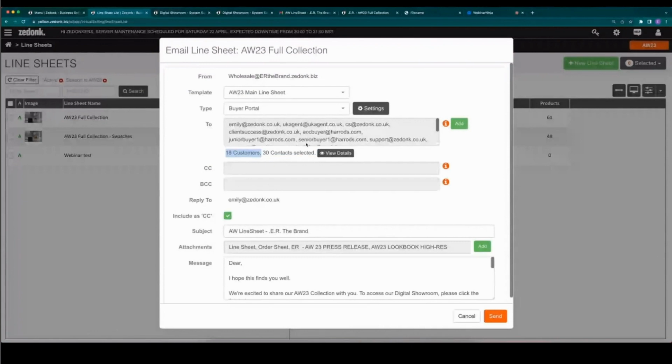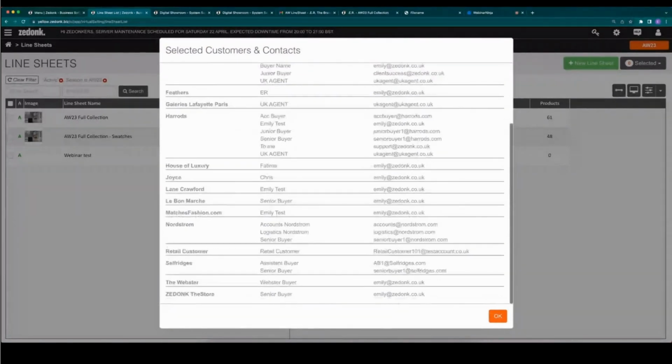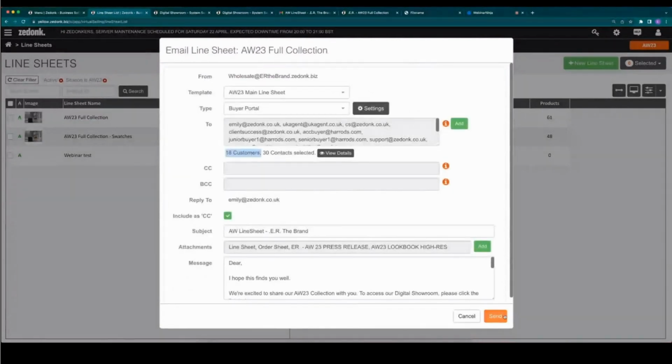So it's not going to send 30 individual links. It's going to send 18 links to 30 contacts broken down by the customers itself. So Boon the Shop is going to get 2 because these 2 contacts are going to get it, etc. So Zedonk already knows how to group your customers. So it's not like 2 people from Harrods are going to receive 2 different links and therefore quantify 2 different orders. Zedonk knows to group them together.